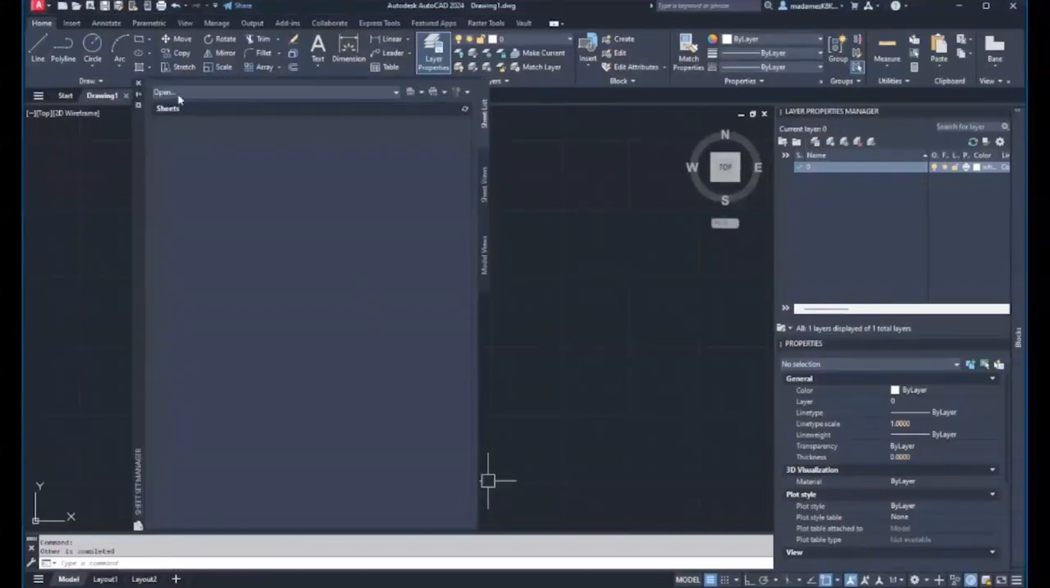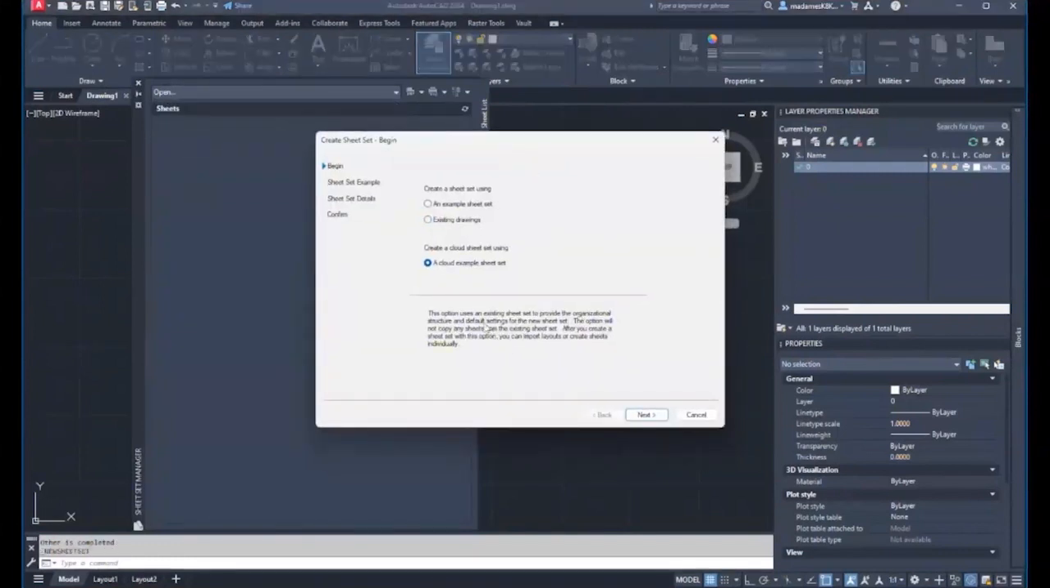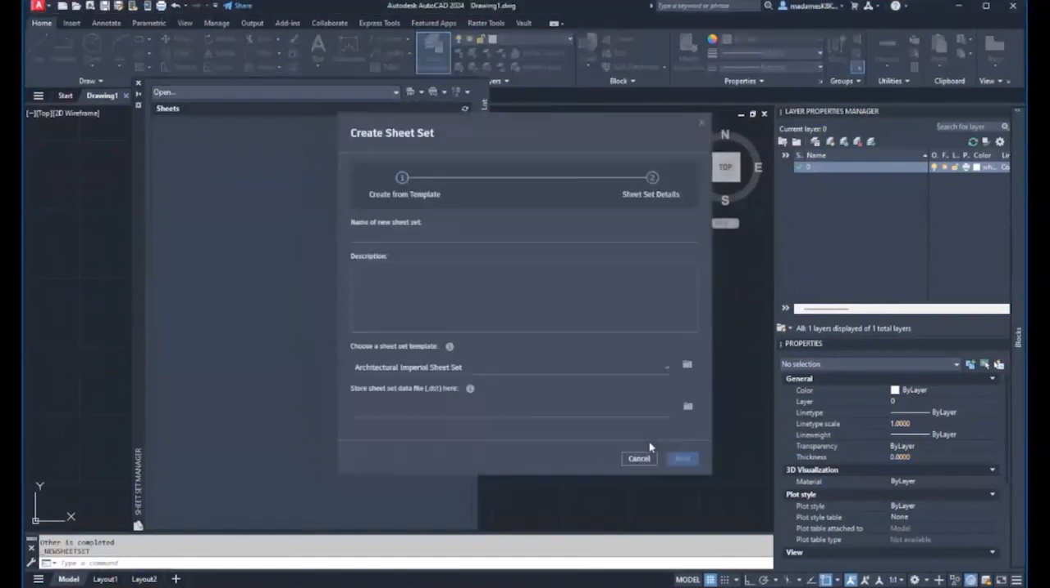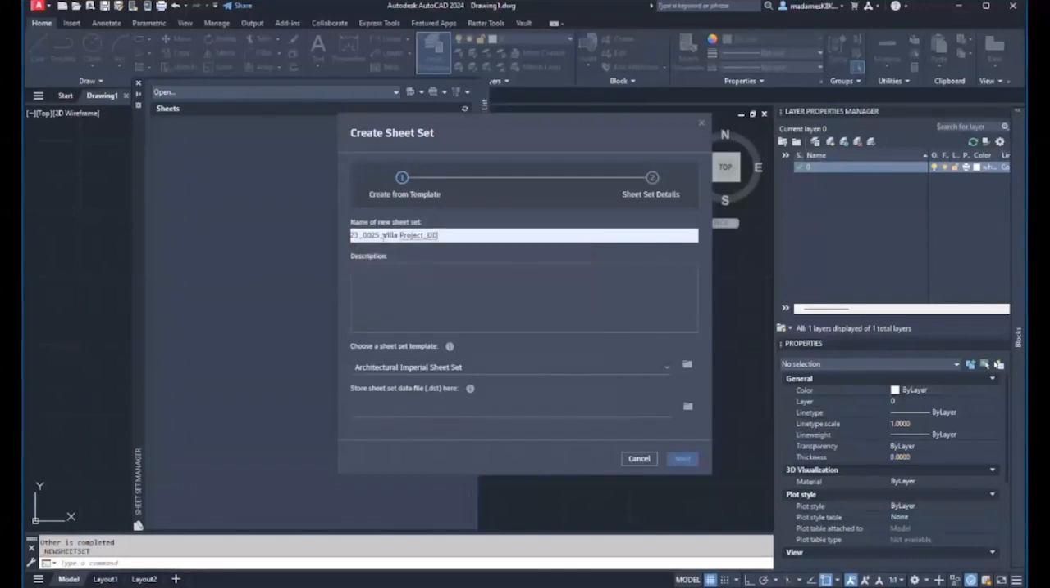So we open the sheet set manager, and we say we want to do a new sheet set. We're going to do a cloud example sheet set to show you how this works on the cloud. Just click next. And it's now the creation process. So we're going to use the default Imperial sheet set. Just to show you the example, we give it a name. We're just going to do build a project design development. Make sure we have the correct